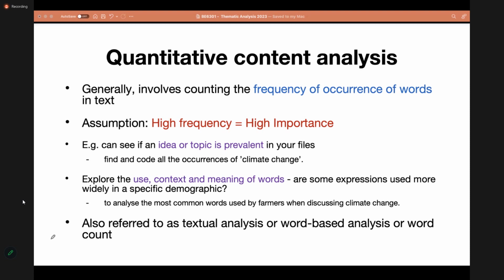Do they mention floods or temperatures going up, or what kind of words are they using? So you can get an idea of what are the most commonly occurring ideas or topics by just simply doing a word counting technique like this.